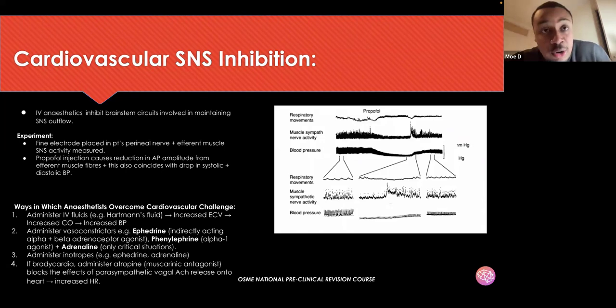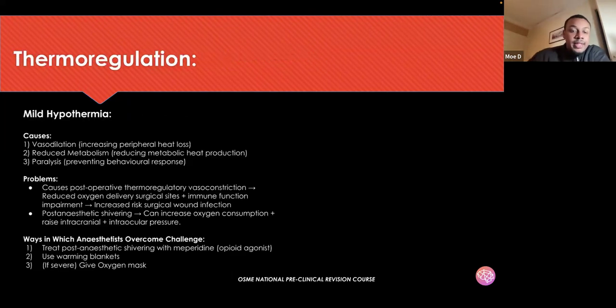And so by doing so, you're blocking the effect of the vagus releasing acetylcholine on the heart and attempting to slow it down. And by blocking that, you're consequently increasing the heart rate. And now in terms of thermoregulation,